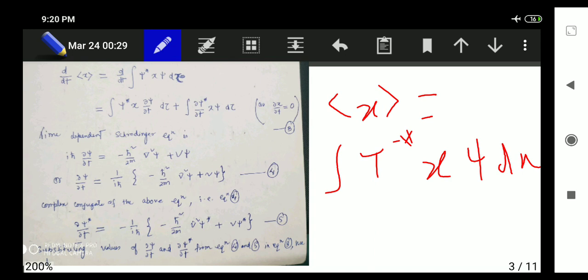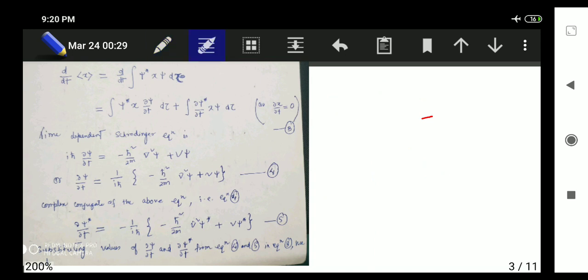Then you will take the time derivative. In the next step you can take the time derivative, which is done here, d dt of x. So on the right hand side you will write the time derivative. Now here you have psi star, x and psi, three functions. All three can be functions of time: position, psi star, psi, all three. But the thing is that